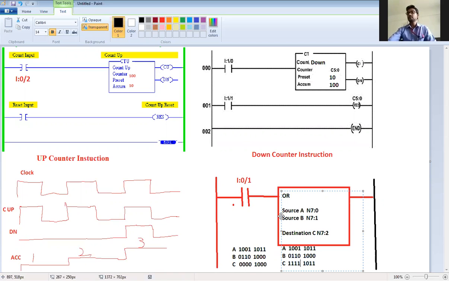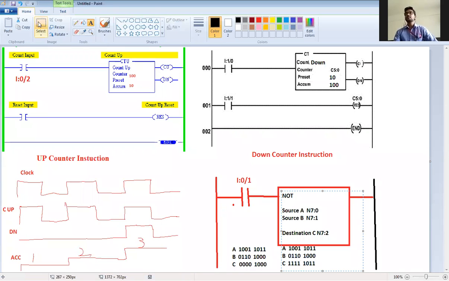Then the next instruction is the NOT instruction. Now in the NOT instruction, obviously we want only one source, correct? So only one source is there and that is complemented.